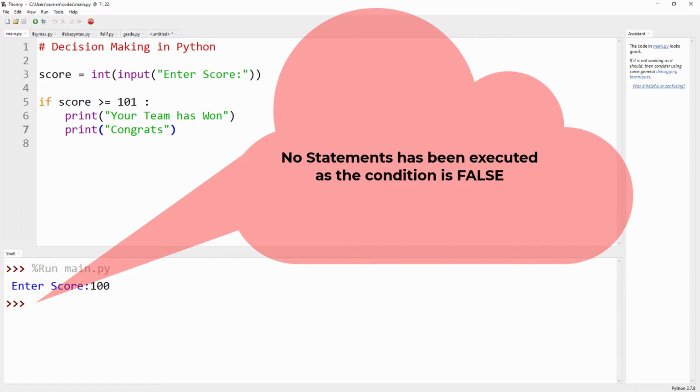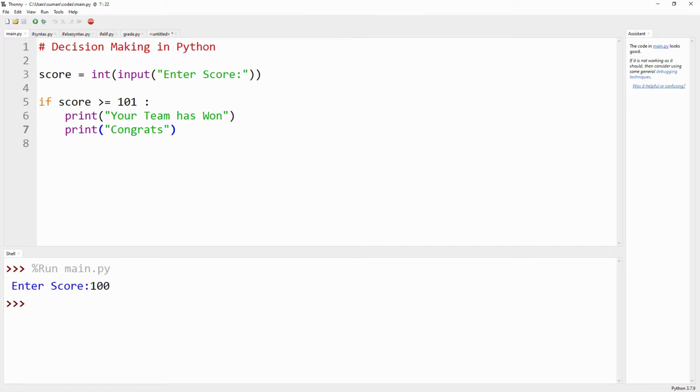So 100 is not greater than or equal to 101, so there is no execution of the body statement. So the program is working correctly, but it is not executing any statements when the expression is false, that is, in the case of entering score 100 or less than 101.